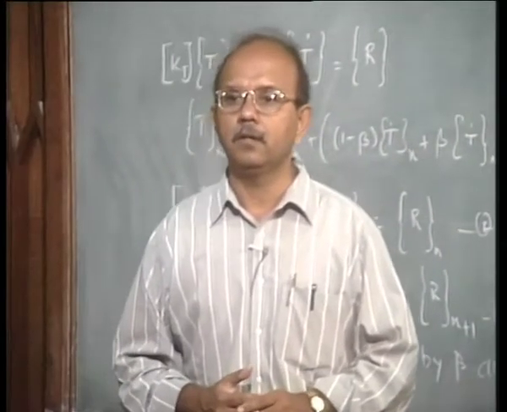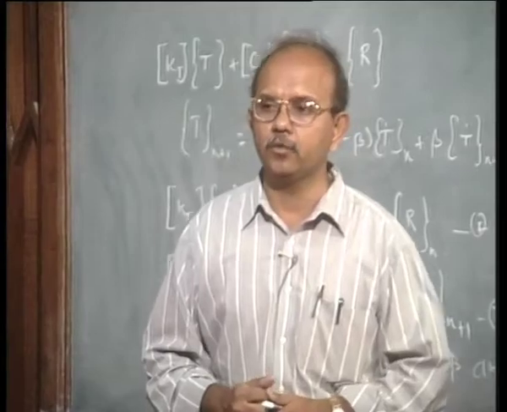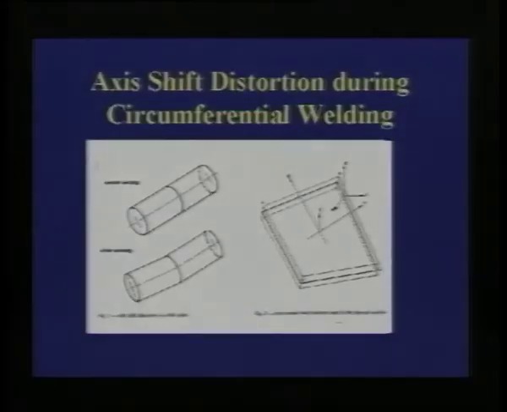Is that clear? Okay. Now what is the element that we have used? Have a look at that. You see that we have used a shell element, a 4-noded, what we call a degenerated shell element, obviously because this pipe, as you can see, has a shell type of behavior, and hence we have used a shell element.